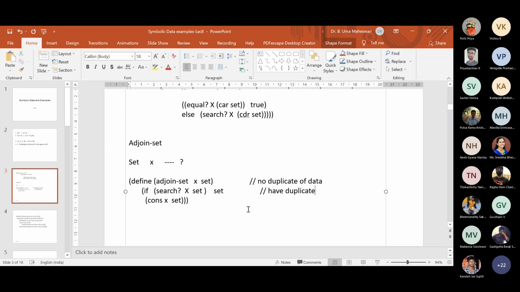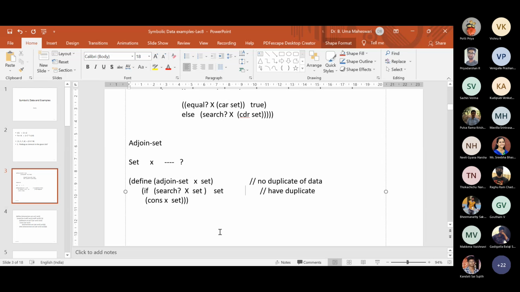So what I'm asking is, we can have redundant data. In that case, how will you modify this procedure? This is the second case. I want to perform a join operation, and X will be inserted in the element. In the case of a duplicate element as well, I want to perform the join operation.